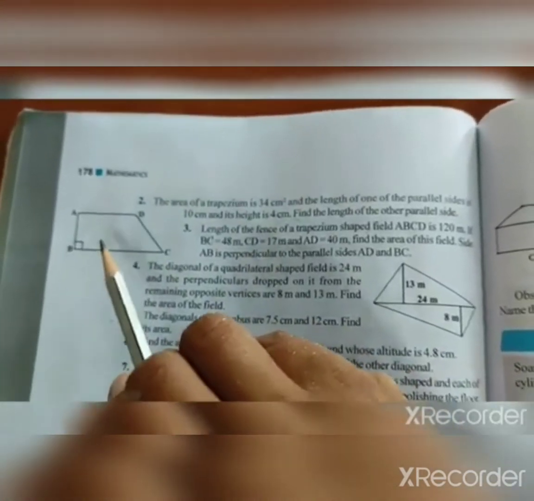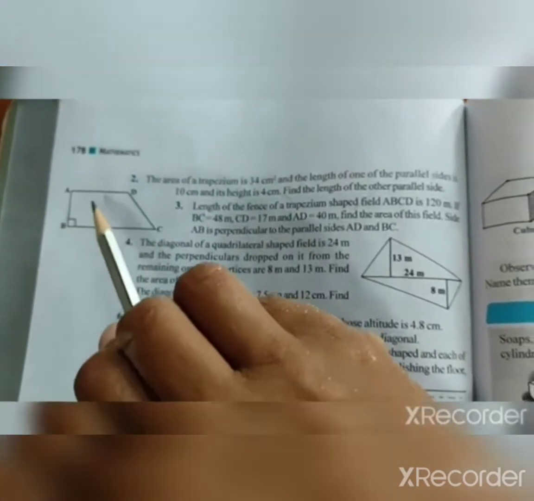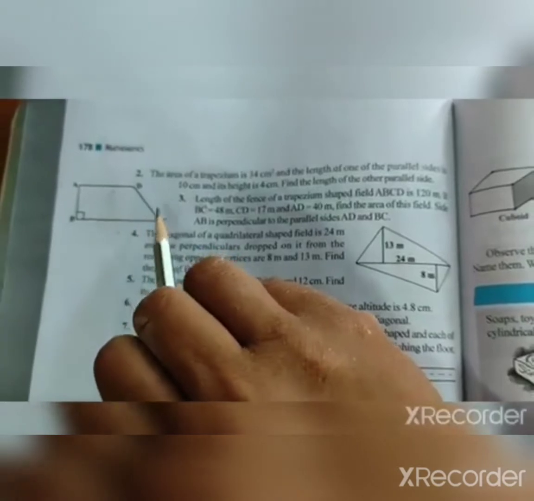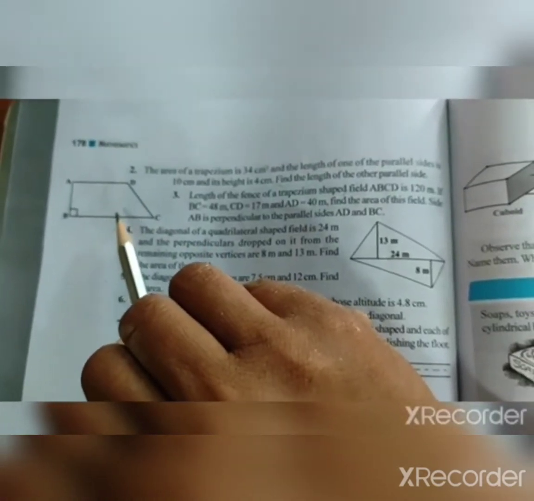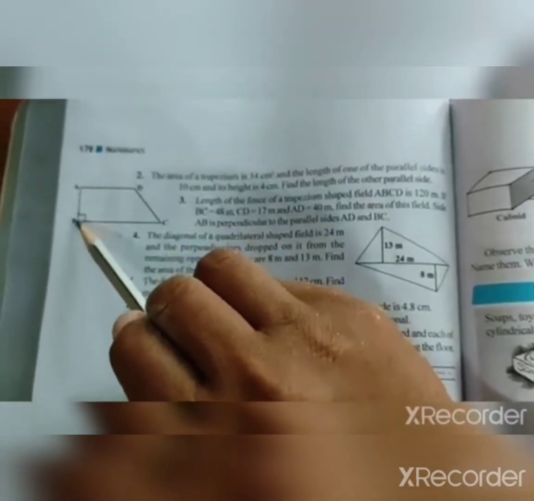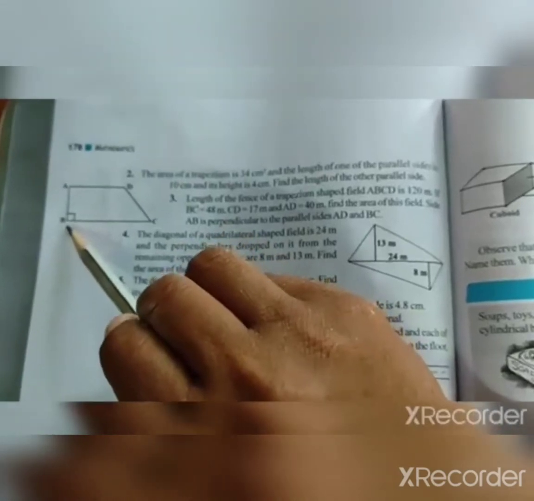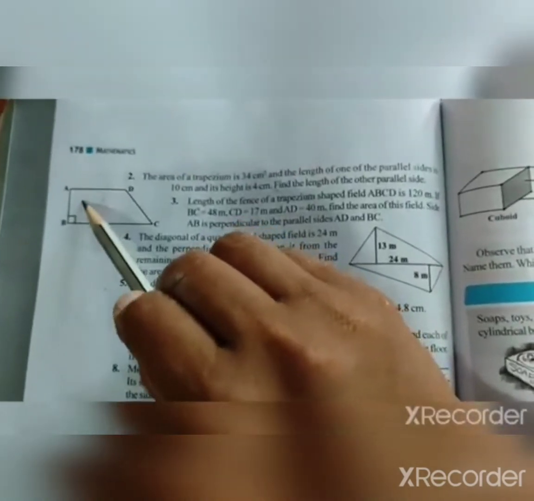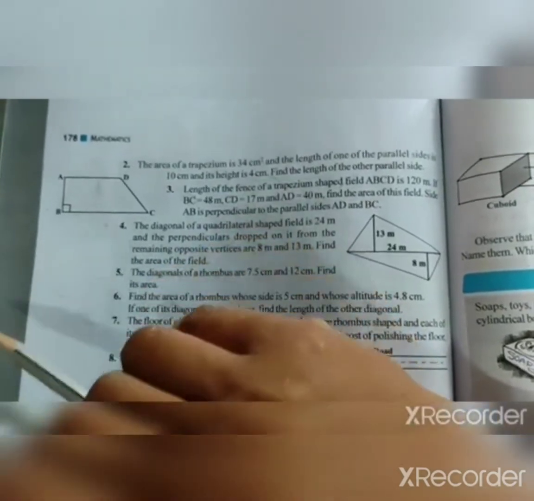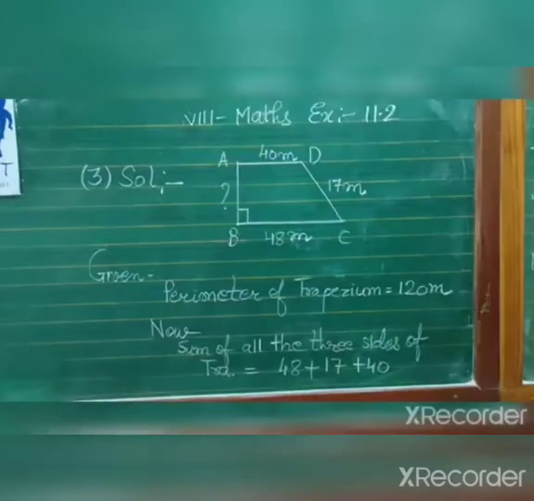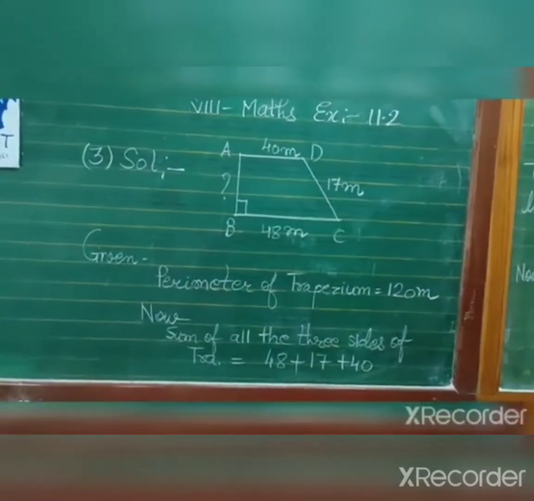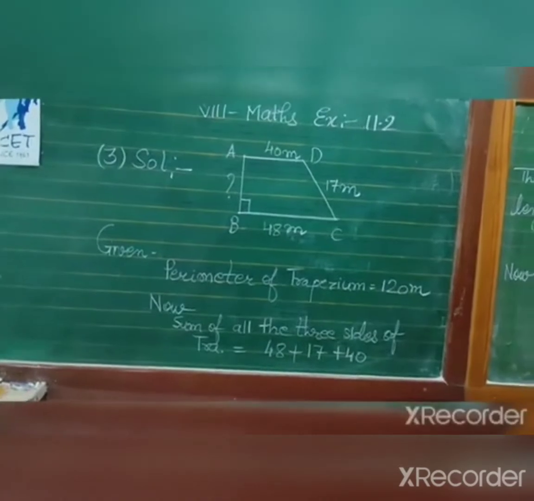So perimeter is given, and all the four sides add up to the perimeter, so if the sum of three sides we subtract from the perimeter, we will get the fourth side, and the fourth side will be called its height. Okay, so we can apply the formula area of trapezium, then we can calculate easily. Let us start. Now see from the figure, all the three sides are given and the perimeter of trapezium is given. So I have written here in the language form.